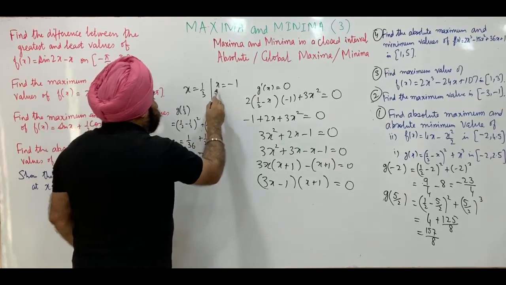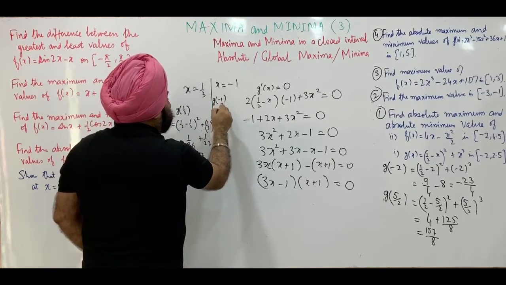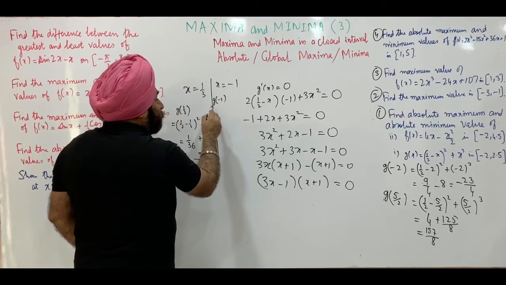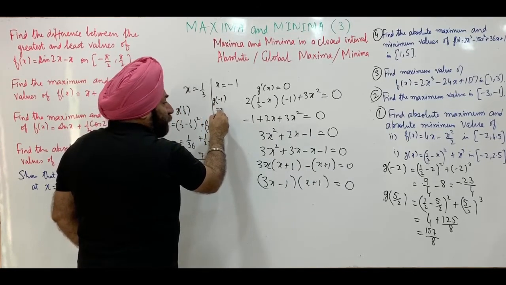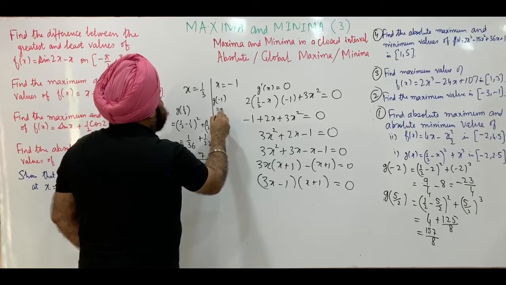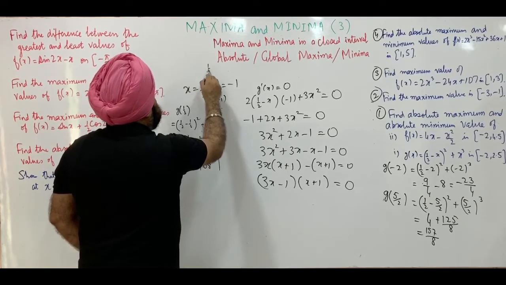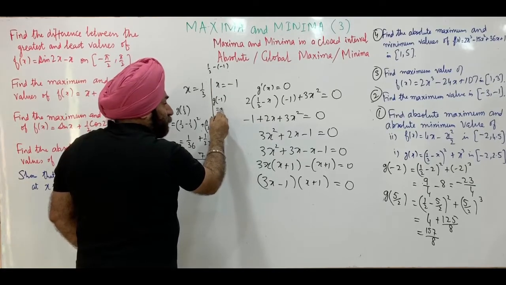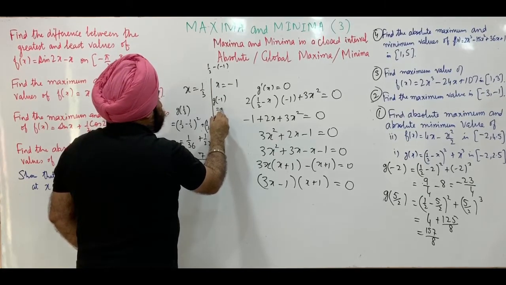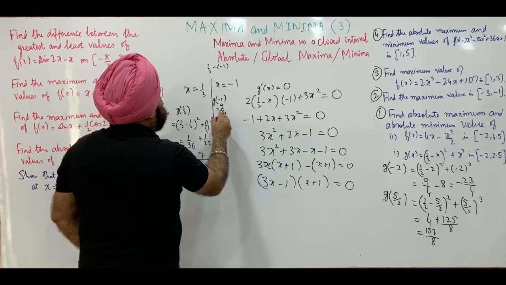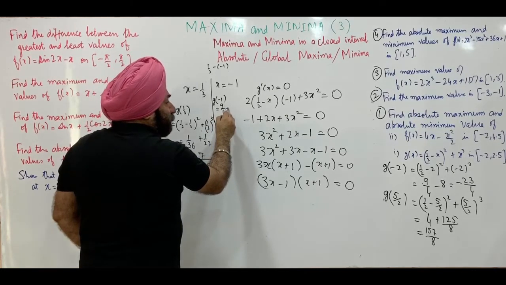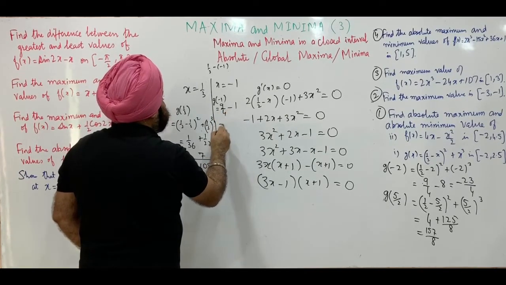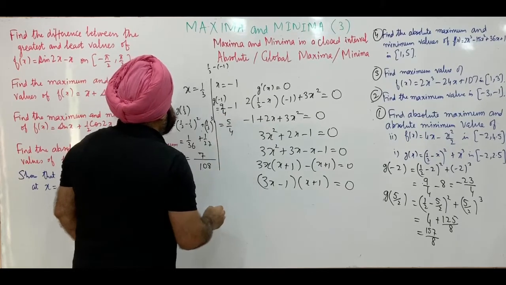And the value of function g of minus 1, this will be 1 by 2 minus minus 1, this will be 3 by 2. So the square of that will be 9 by 4, and then minus 1 whole cube, that will be minus 1. This is 5 by 4.